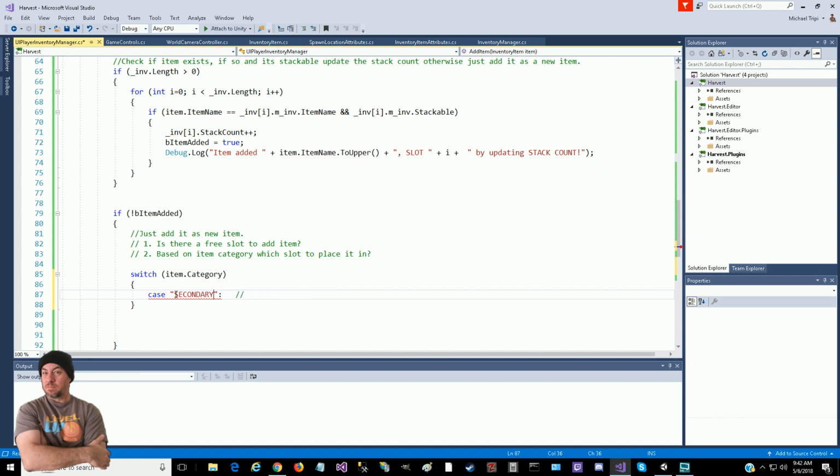Whoops. Weapon secondary. W-E-A-P-O-N. Weapon secondary. Slot 0 in array. Okay. And we're going to have an if statement. If our inventory